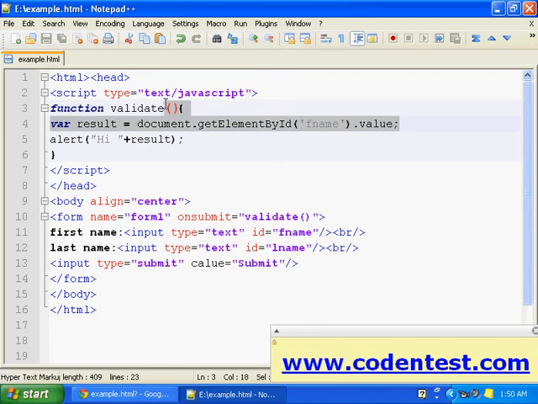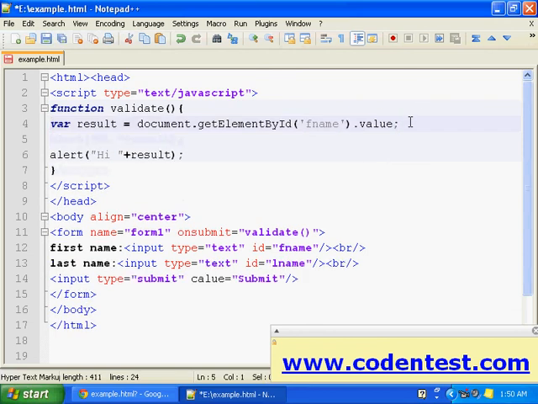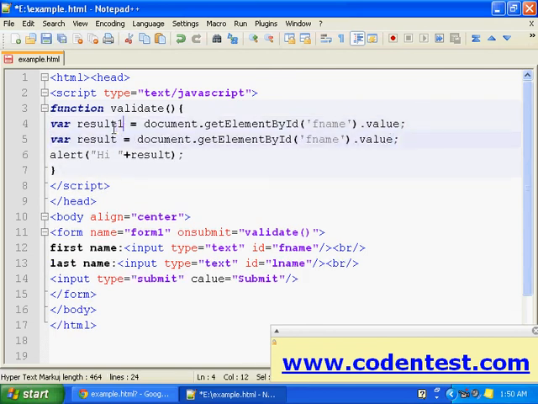If we want to access last name, we can just write lname there. Let me just copy this and save here, and let this be result1 and let this be result2, lname.